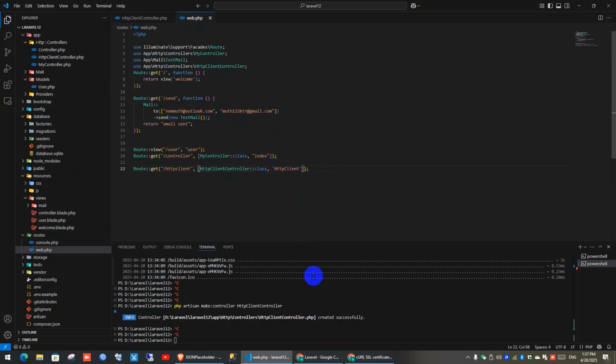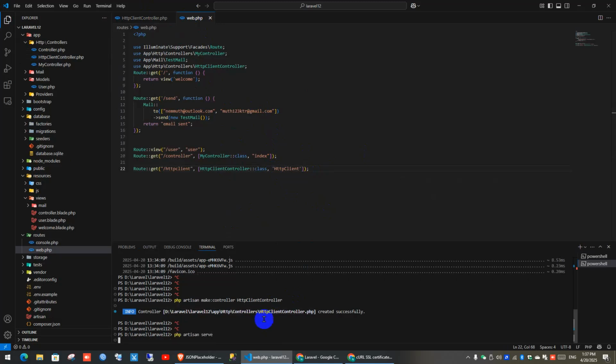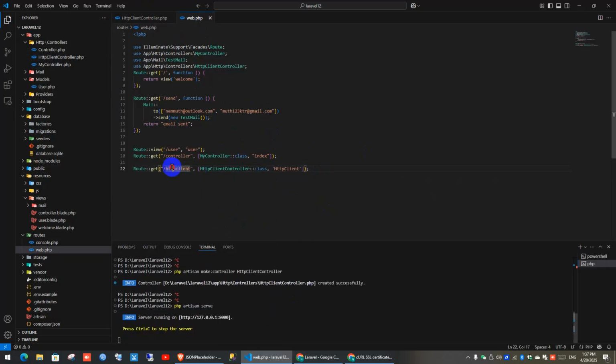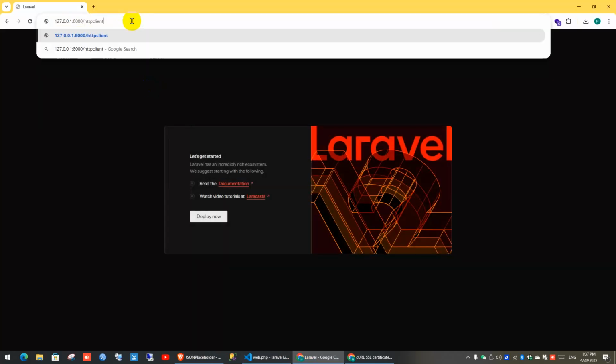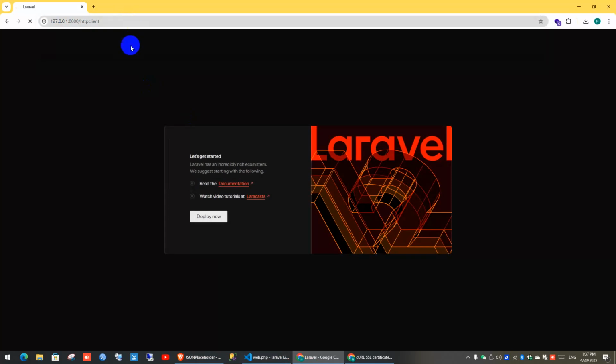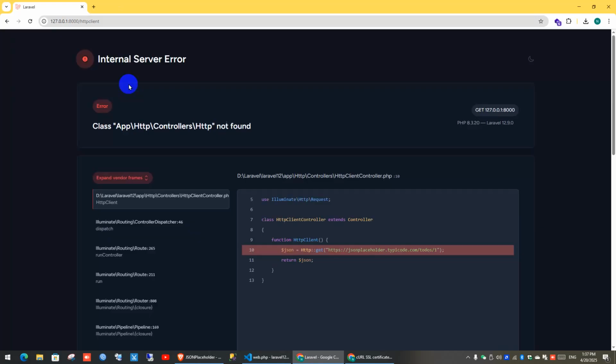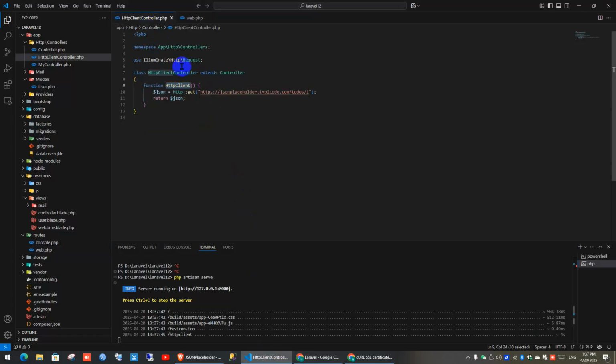Okay, so let's serve the server and then access this one. Now this is the root. So I just try like this, and then you see, okay, Http not found. So I go to the controller, and I use one package, use Http, just like this also.